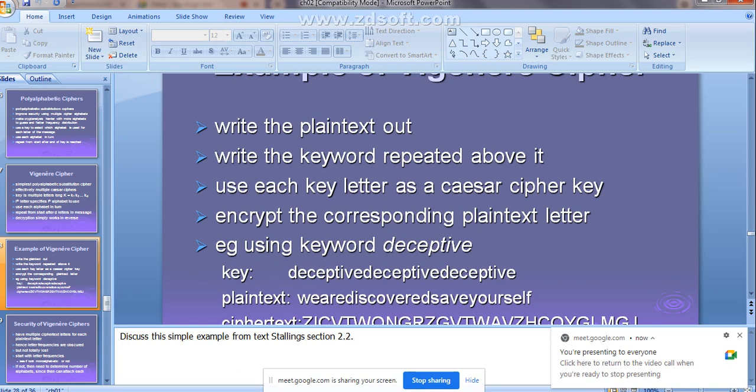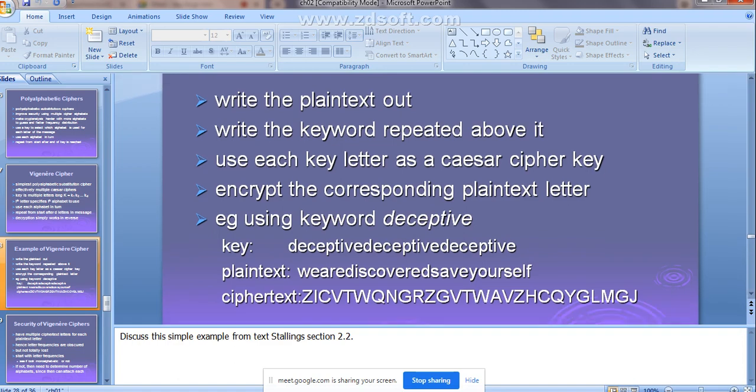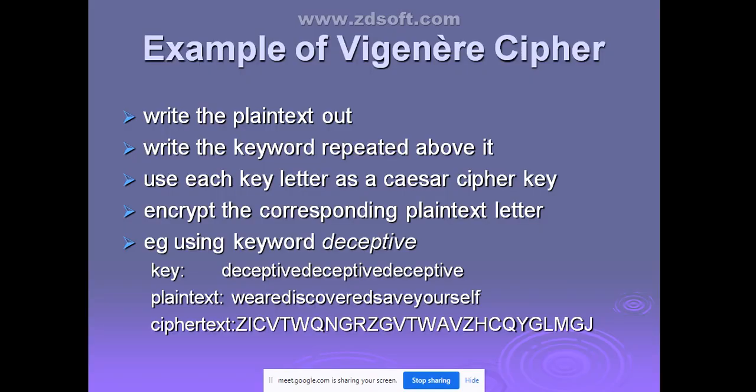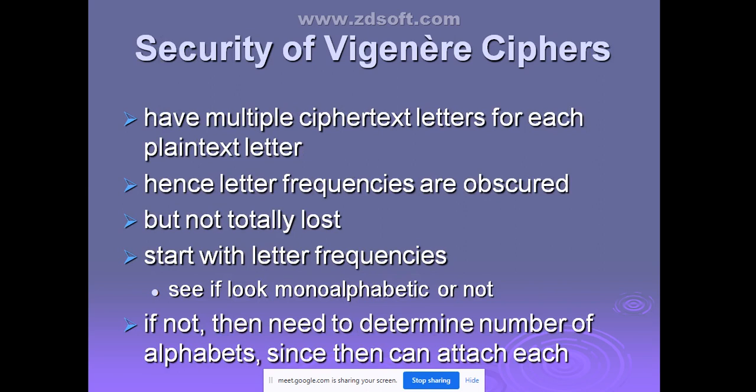Are you getting this, guys? Any difficulty? Yes, ma'am. Let me know. Yes, ma'am, because these are very important, all the substitution techniques. Clear? Yes, ma'am. How did you get this cipher text? Yes, ma'am.